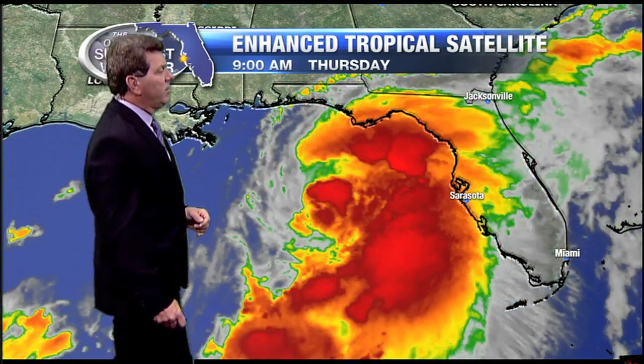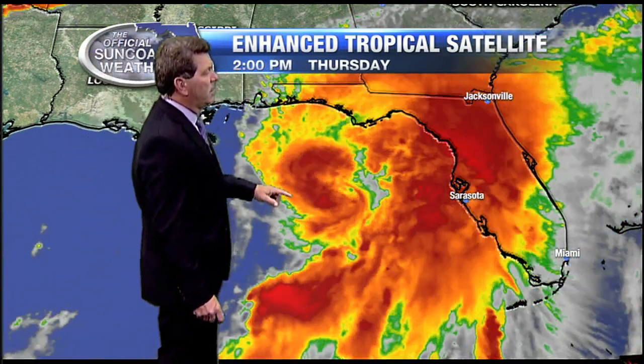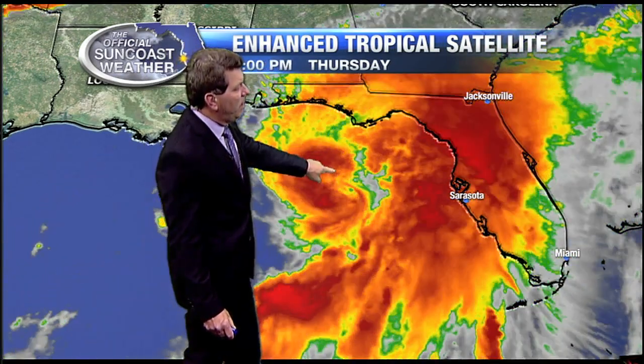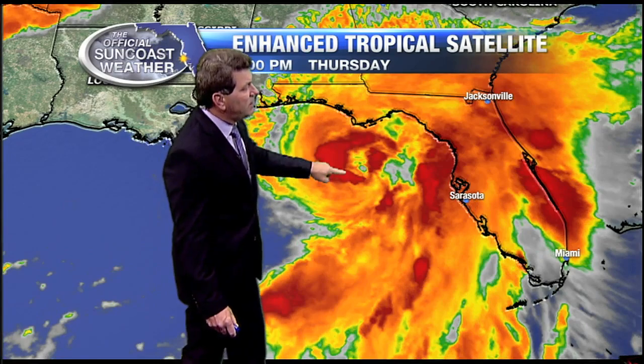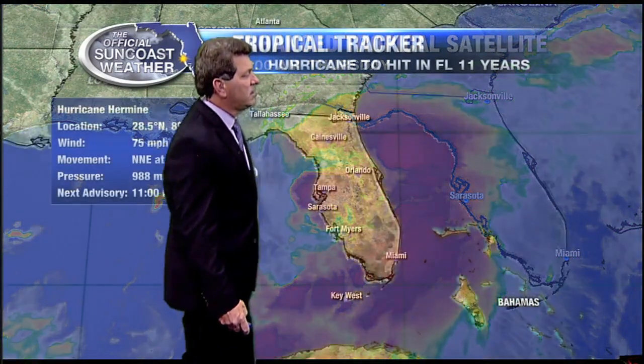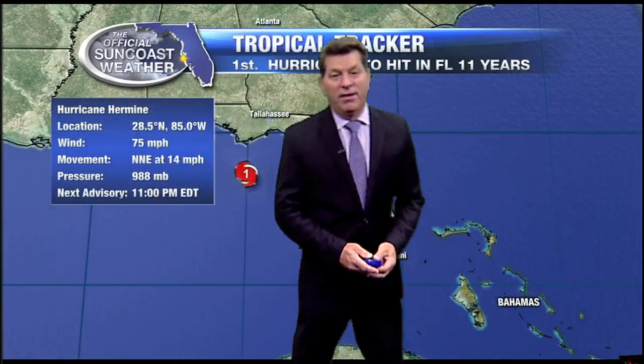Well, here's the color-enhanced satellite imagery of Hurricane Hermine, and you can see it spinning right there. You can see the big reds blowing up right around the center just in the last few frames. That indicates the storm is intensifying and developing near the center and tightening up. And you talk about wave action, it's coming out of this system pretty quickly, and there's some big waves out